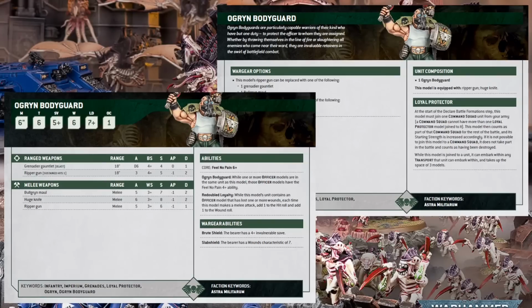So on the surface, this all seems decent, right? He's fairly tough. He's got half decent shooting, and his close combat capabilities with that knife are definitely nothing to be sniffed at. The problems occur when we get to his abilities. Firstly, he has a feel no pain of 6+, which might seem good, but in reality it's a total waste,